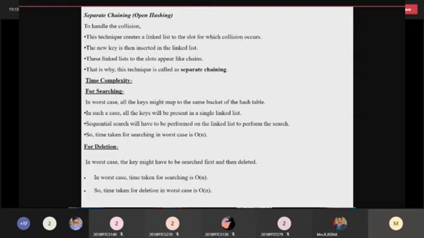Separate chaining is a very simple concept. It is a good technique, but the burden is that if a single index has all the records, unfortunately all the records with the same index value will be stored in the same index. So it will take some burden to find.